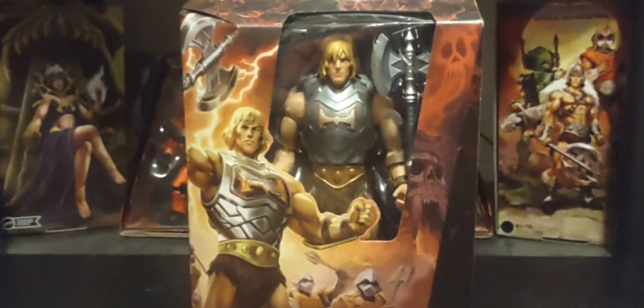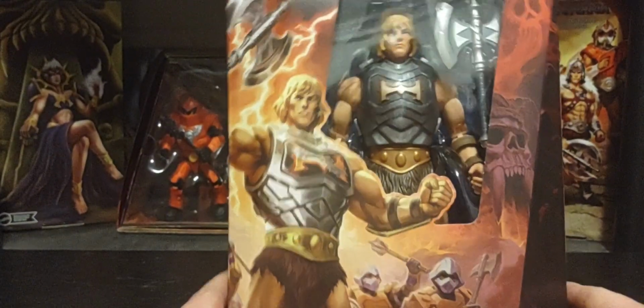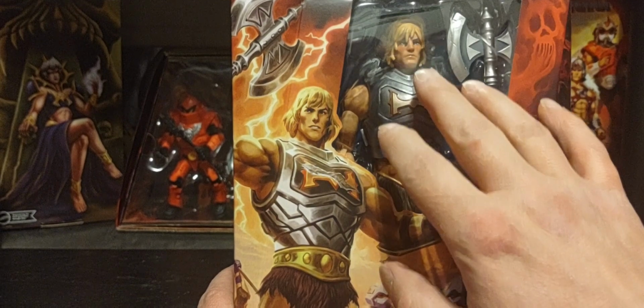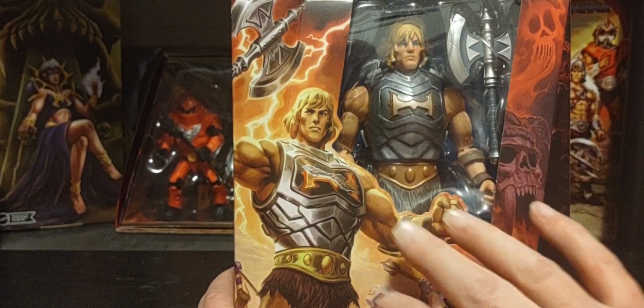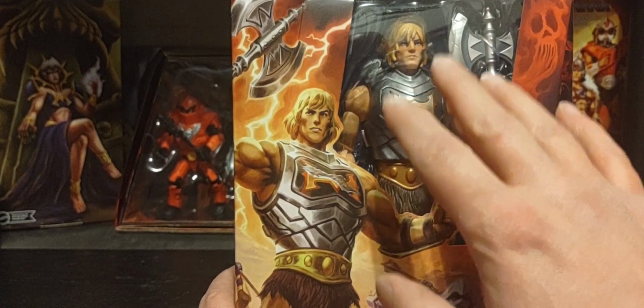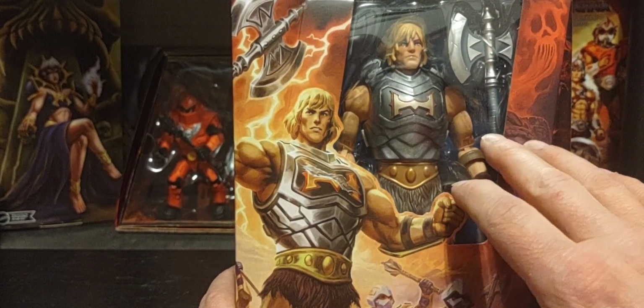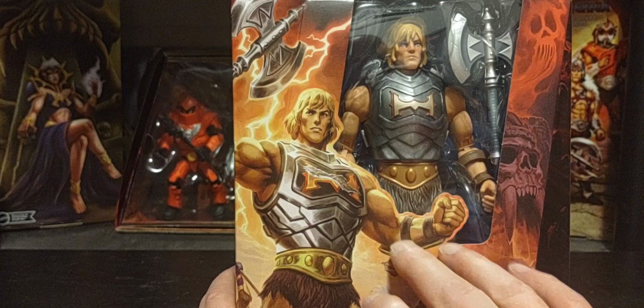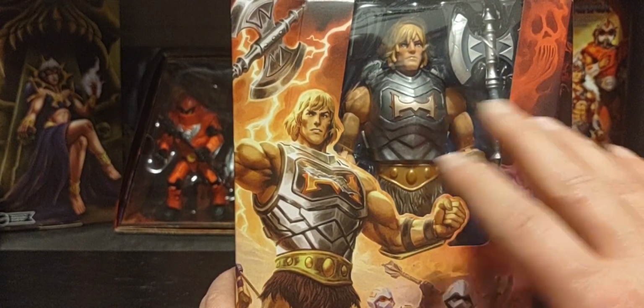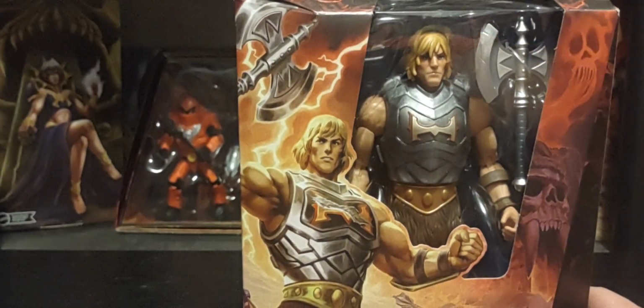So there he is. Beautiful box art, but the one gripe I have, and I've said this before, is that I love the artwork with the new packaging, but the window box is a little bit too small for me. I wish it was a little bit bigger. I can see the whole figure, but I'm so happy that we do have a window box. But yeah, I wish there was a way to get some more of the whole figure in the bubble here, but still beautiful artwork here. And speaking of,